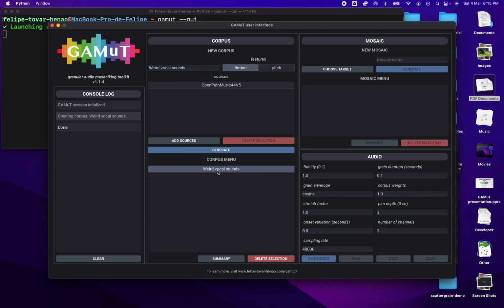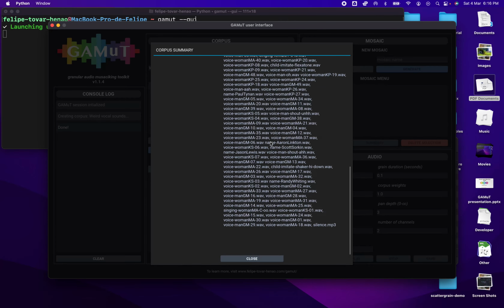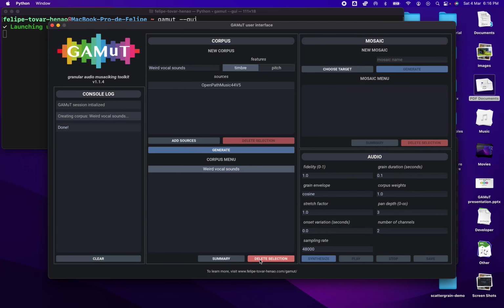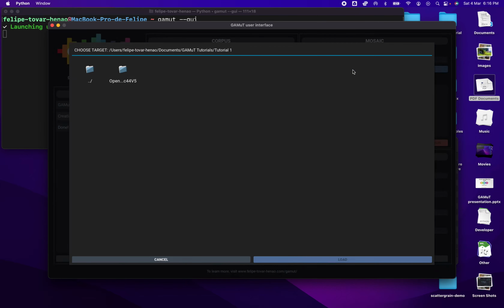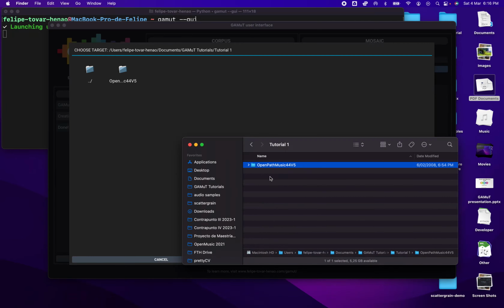So here we go. We have this corpus here, and if I look at the summary, I will find that effectively this corpus consists of 164 different audio files, and the total duration is 4 minutes and 32 seconds. And I can see all the file names here. So this is the corpus, and then I can select this other sound file that I downloaded,